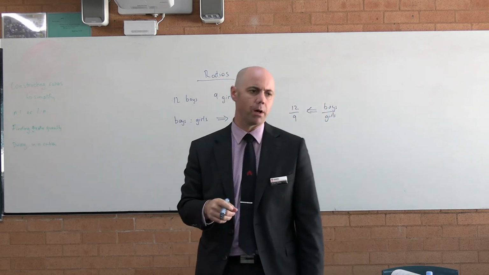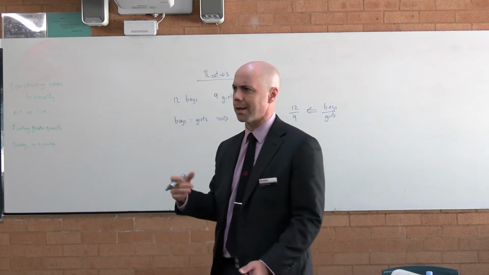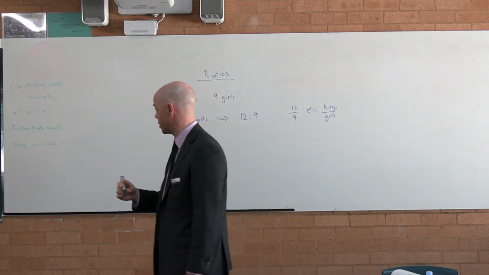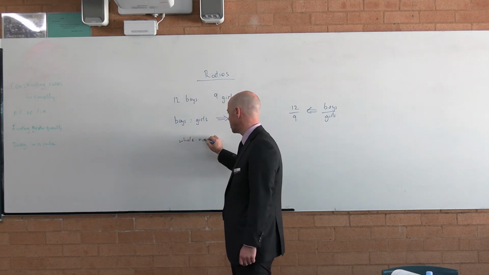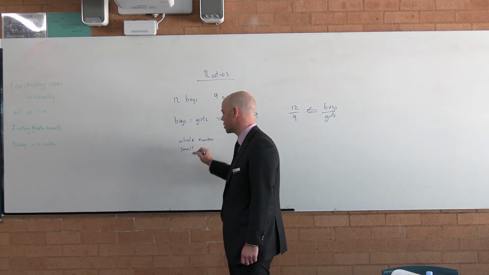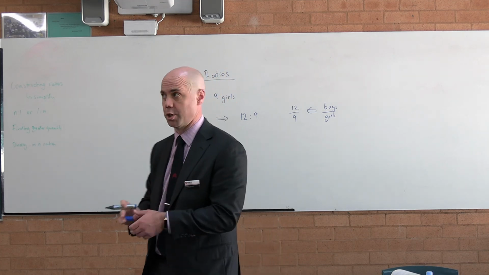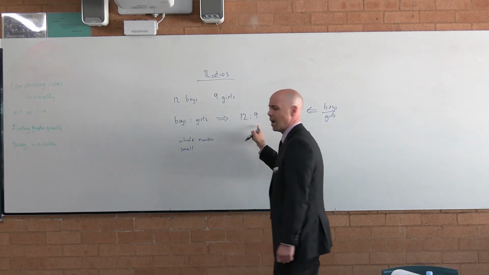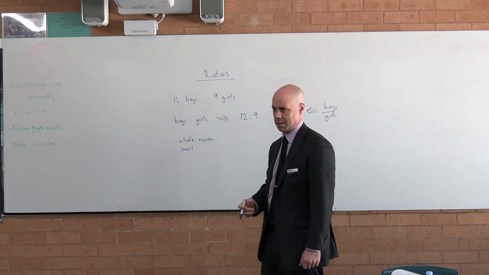What can I multiply or divide both numbers by to make it as simple as possible? What are we talking about as simple as possible? We want them to be whole numbers and as small as possible. Sometimes we'll get a ratio that actually has decimals in it,